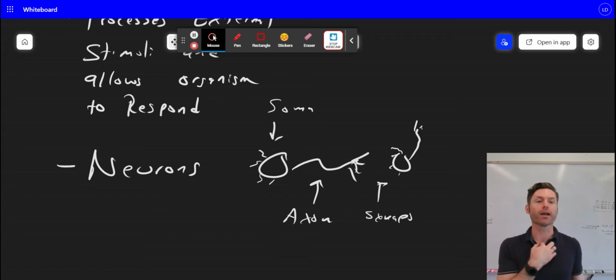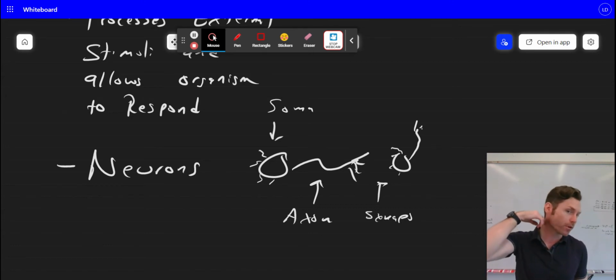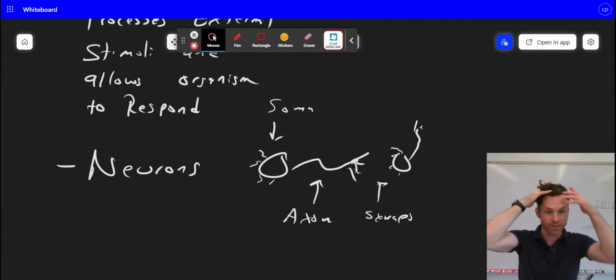That passes that message all the way up my arm, into my spinal cord to reach my central nervous system. Then it goes up my spinal cord and into my brain. And it's connected to different neuron processing centers in my brain. And they say, oh, that signal came from the finger, and that's a feely, touchy signal, so I know that